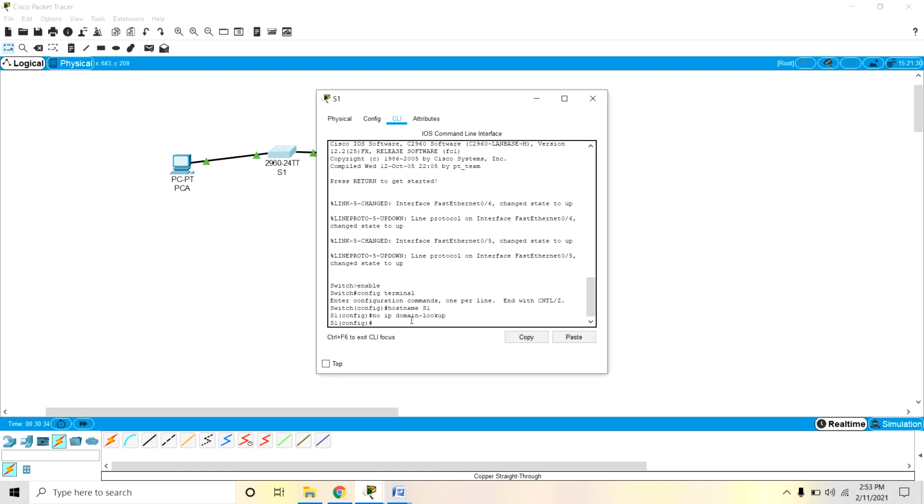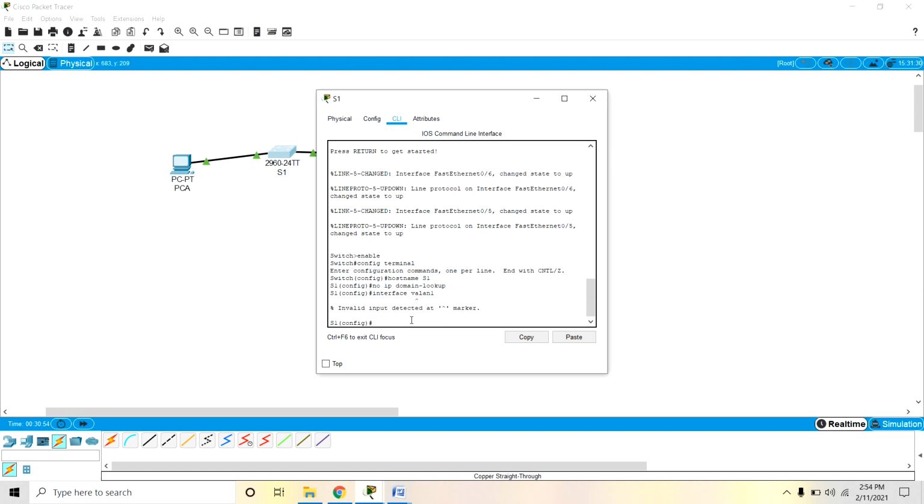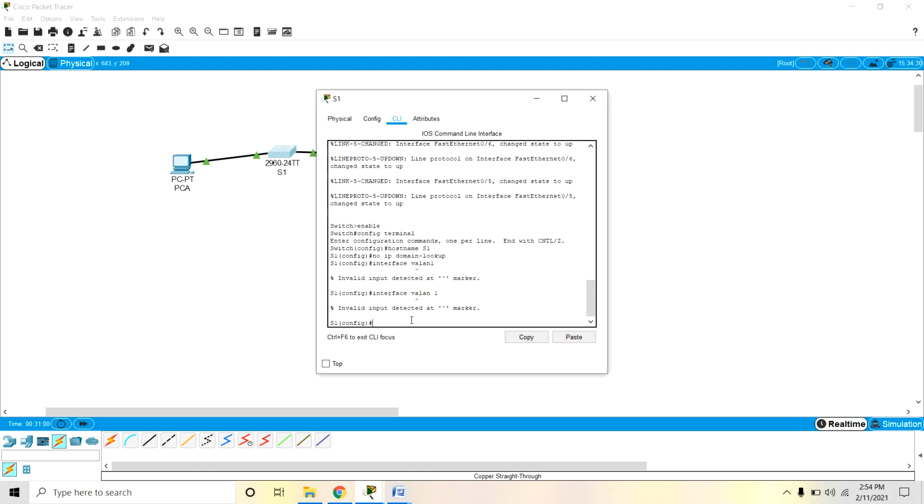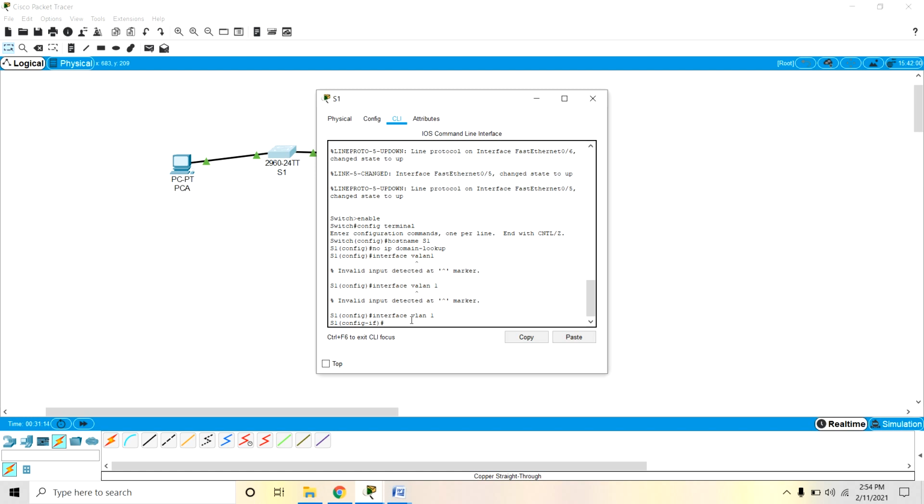And configure and activate the VLAN interface on switch 1. Okay, you can configure and activate the virtual LAN interface on switch 1. So you can assign the interface VLAN 1. Right, now you can assign the IP address.